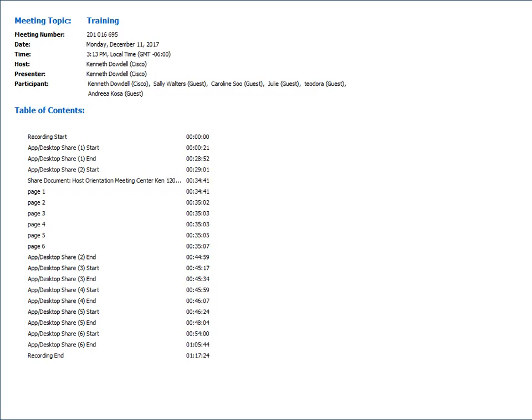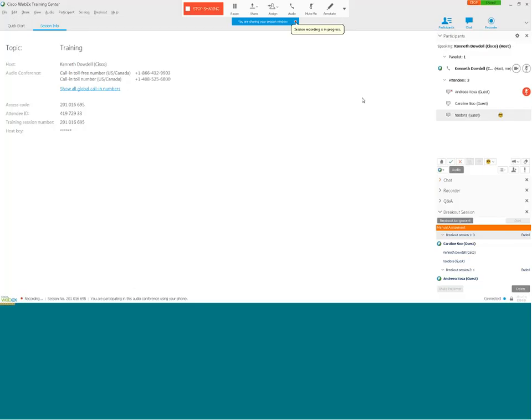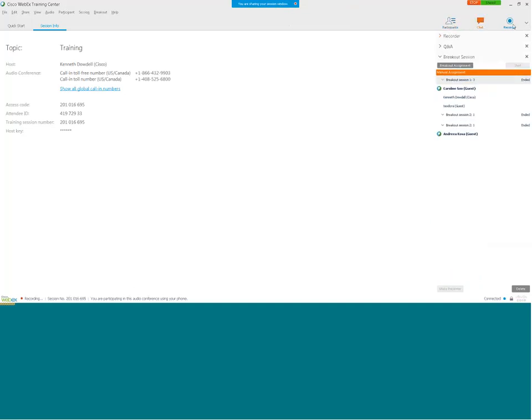Perfect. And then the last thing would be just this panel section over to the right. Let me share my session window. The panel section to the right. This is where you could